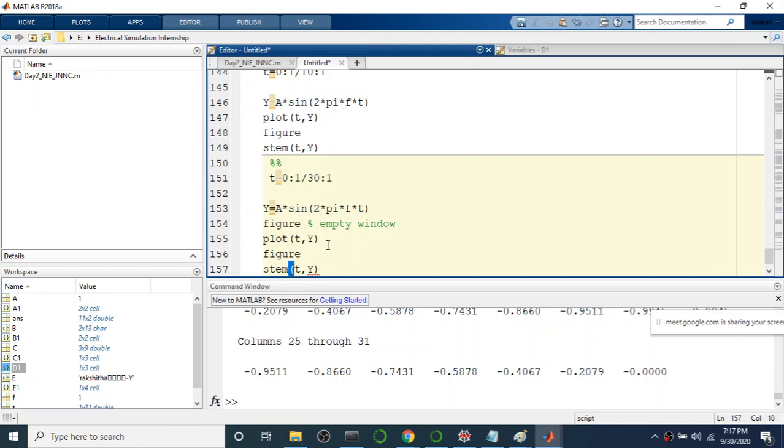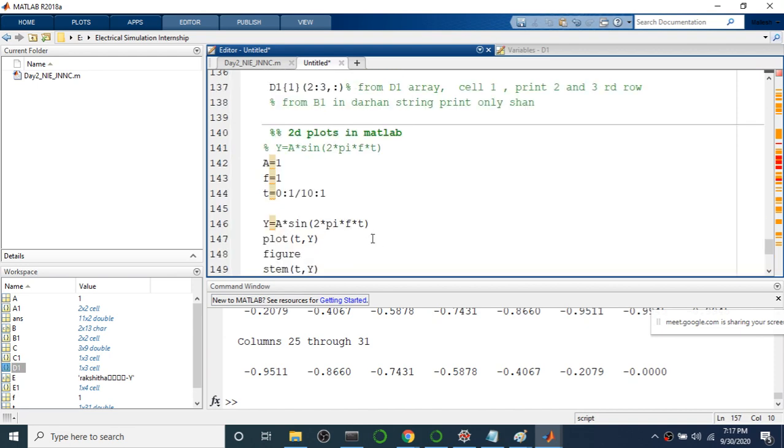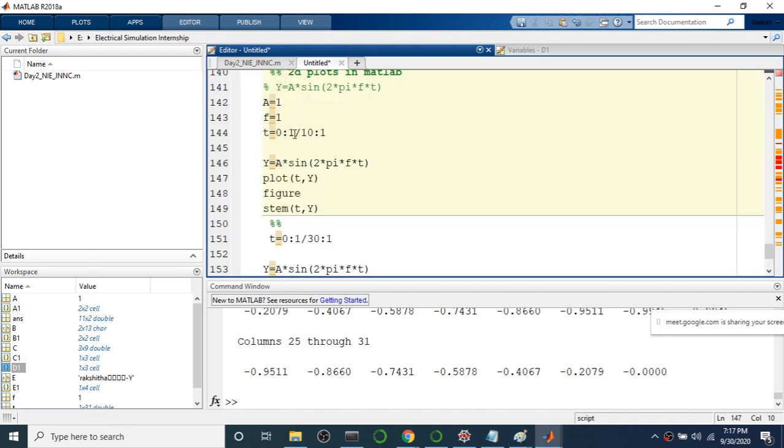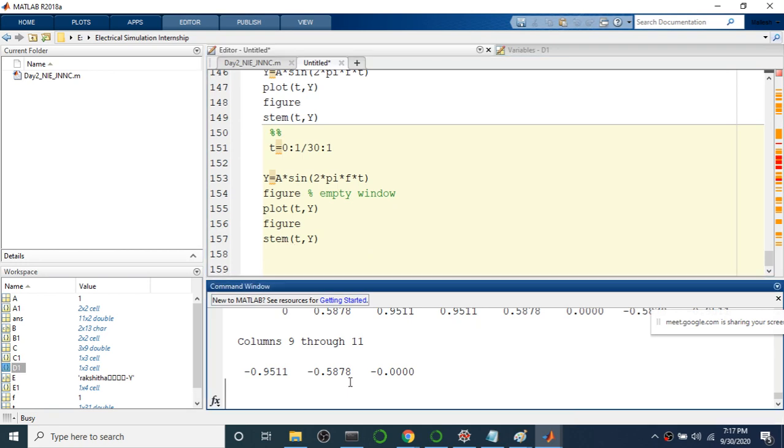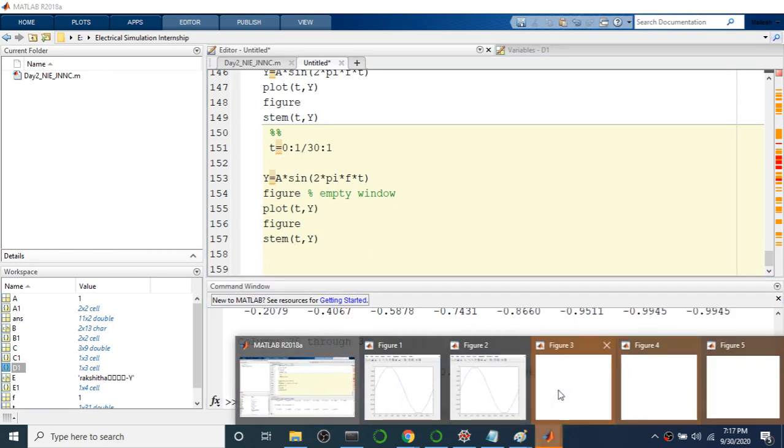So this is actually a discrete plot. Let's plot both of them.